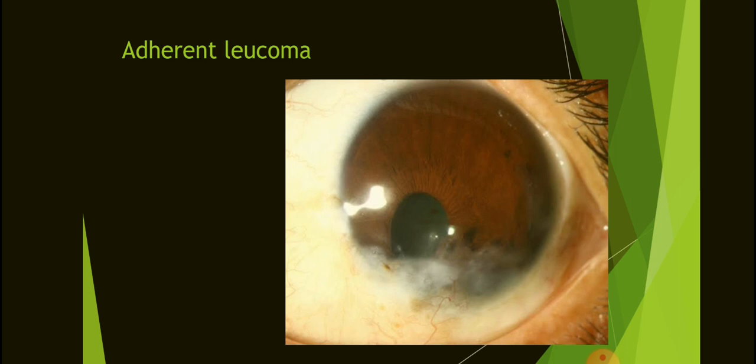So in adherent leucoma we can see the corneal perforation, so that the inner content of the anterior chamber, that is aqueous humor, comes out. As a result, there is a tendency of the iris to come forward and it sometimes gets stuck with the corneal back surface, that is adherent leucoma.